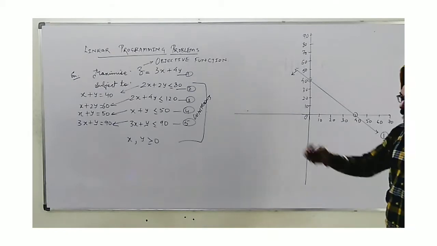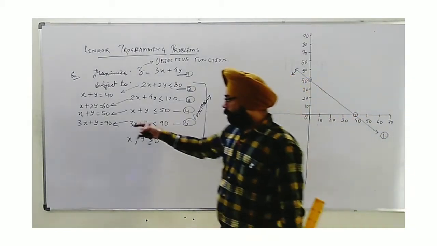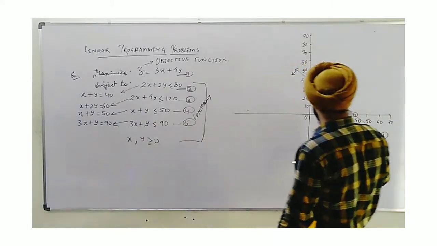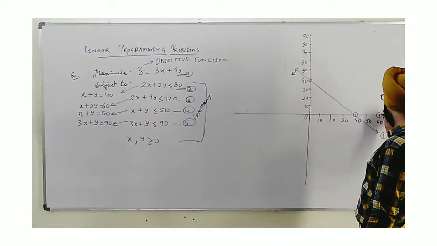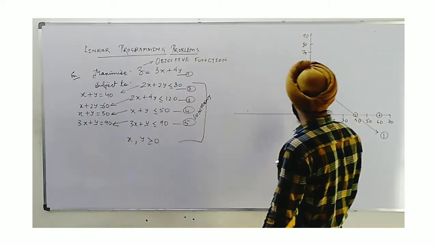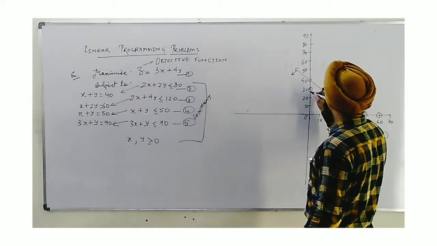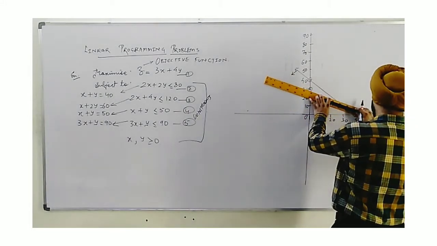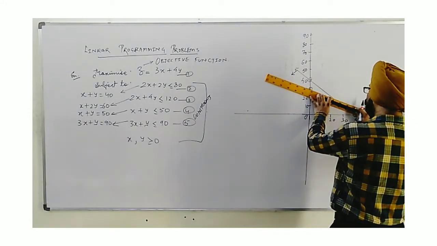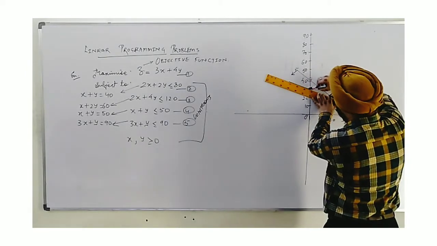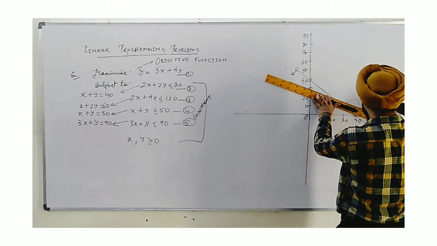Second one, if I take y equal to 0, we get x is 60. So 60, 0 is the point for this one. And if I take x equal to 0, we get y is equal to 30. So this is the other point. Now we have to join these two to get the second line, and right after that, we will select the region to be shaded. But what region is to be shaded, we have to see.